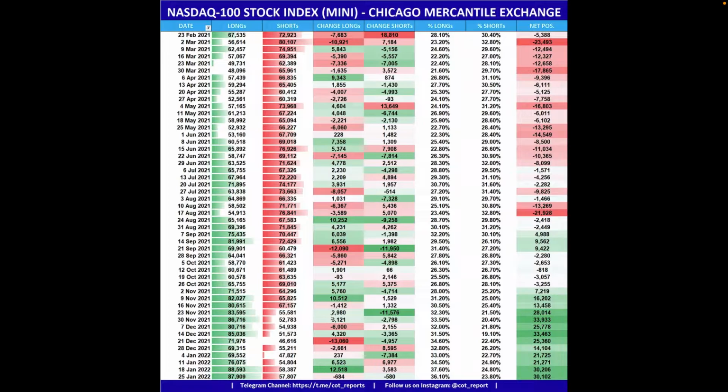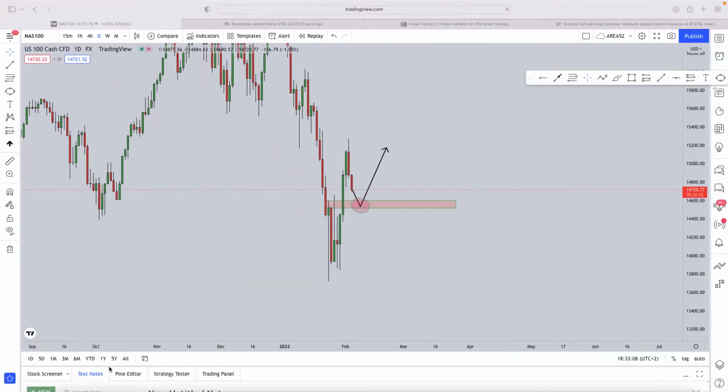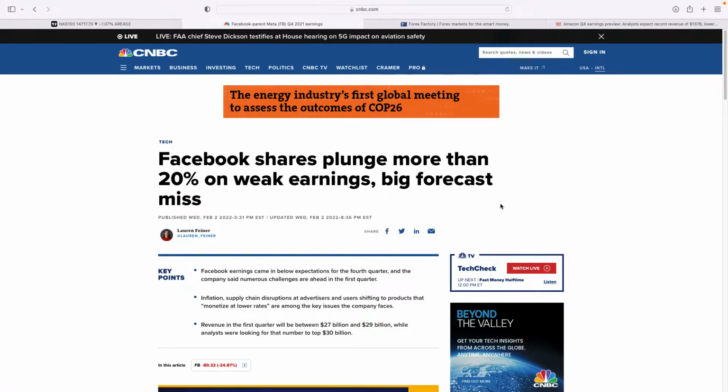Hedge funds came in, and after adding 12,000 buying positions, they actually closed only minus 684 buy positions, and they also started closing their sell positions. The overall net positions had decreased by about 104, so we can definitely expect the NASDAQ to still continue slightly lower before going higher. Now, if you go and have a look at the fundamental data, so we had Facebook